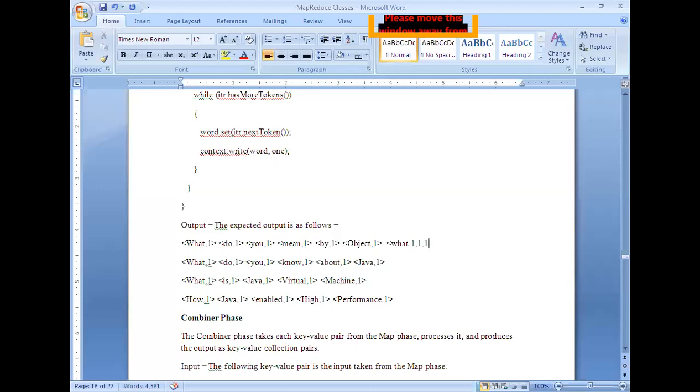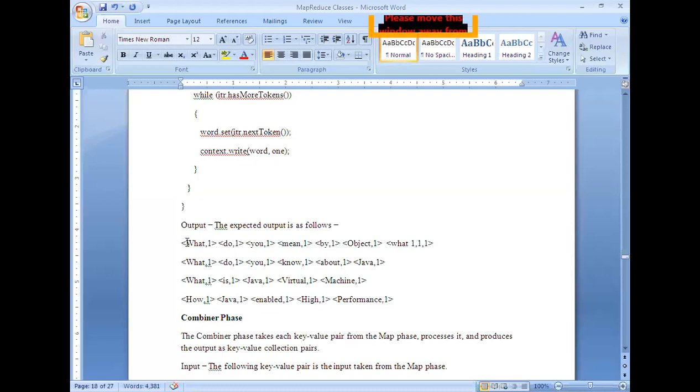How many times was it repeated? 3 times. Right? I'm sure I'm correct, right? Like that, for each and every key, whatever values are associated. For example, if we are talking about U, how many times was it repeated? Only 2 times, right? Like Java, this one and this one, right?